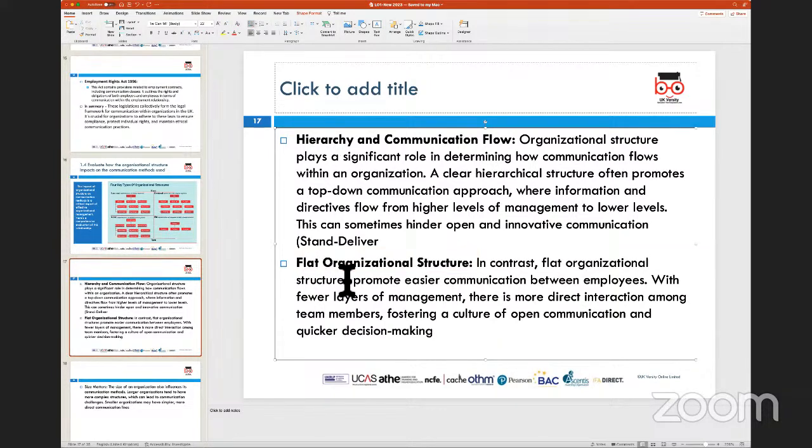If I look at a flat structure, sending out a piece of information is going to be quite easy, because you have direct access to most of the employees, and maybe the owner or a manager of the organization might want to communicate directly to somebody, and they could straight away just pick up the phone, or if they sit within the same office or are working within the same department, they could straight away meet up and then communicate the information. And this would facilitate what is called mostly direct interaction with the team members.